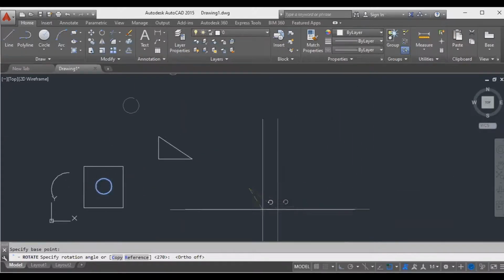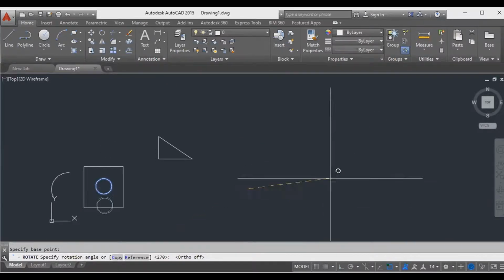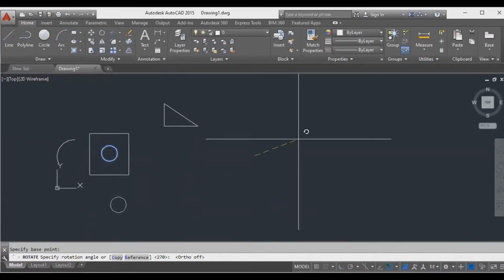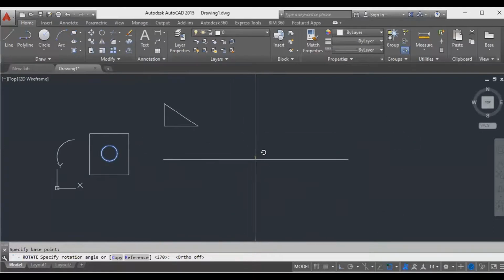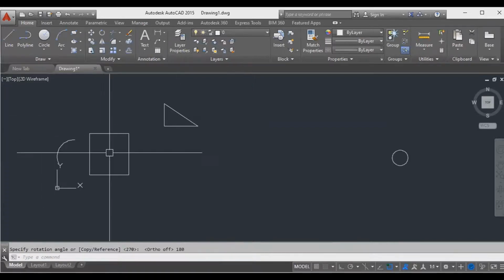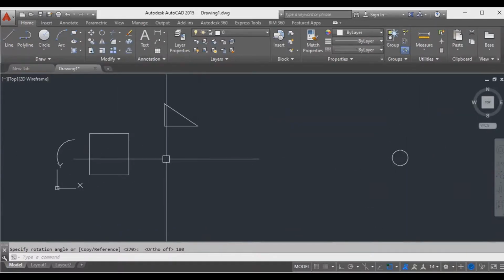See, now rotation. The computer is ready to rotate my object with a value. See, below it is asking to specify the rotation angle. Whatever the angle, it will rotate the object. It will rotate anywhere. If you give the value, then automatically it will do 180°. Enter. See, last time the object was here, now the new object is here. This is the rotation. Okay.